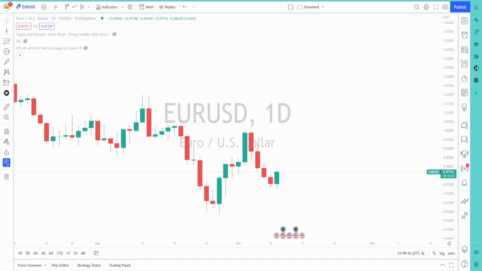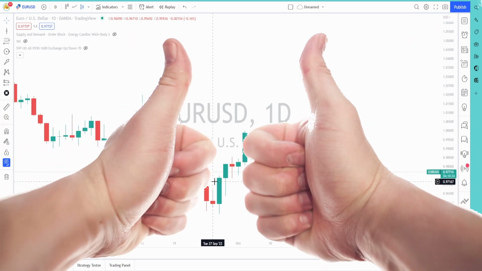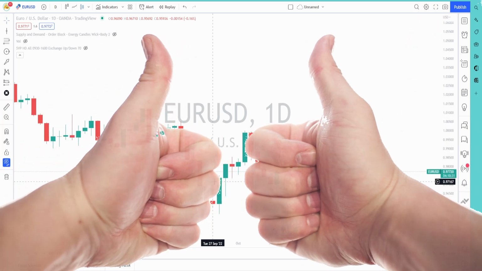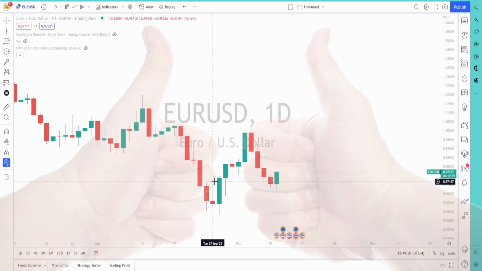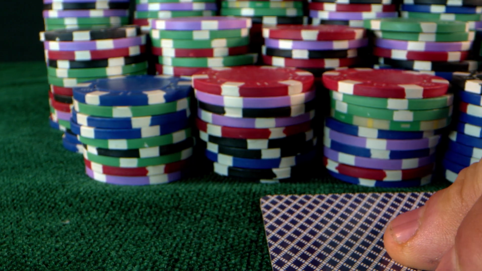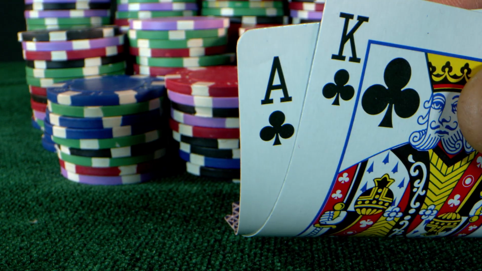How do we know this? If we look to the left of the chart, we can see how prices reacted before, so we know this works. It doesn't mean that it's going to work all the time, but you're trying to put the odds in your favor. Without doing this, the chances of you being successful are less likely. So anything that you can do to help improve your odds is going to improve your chances of being a